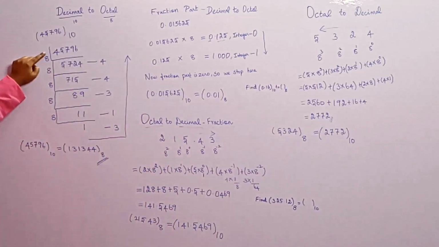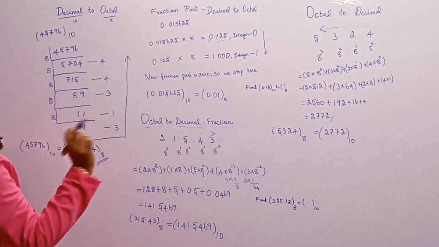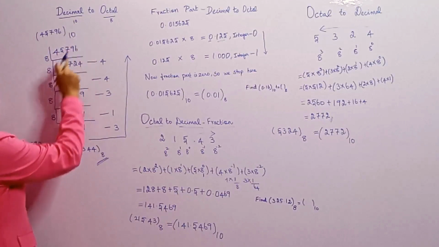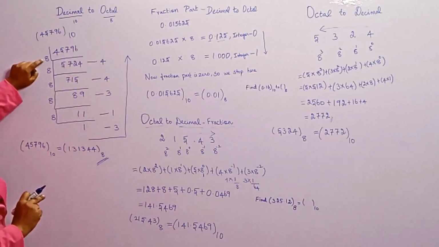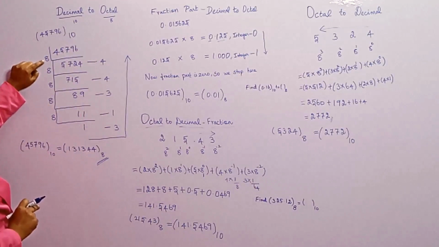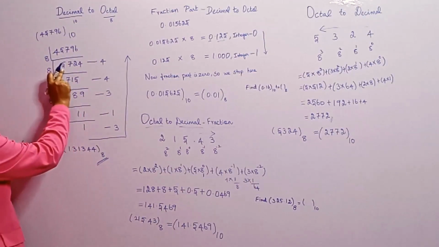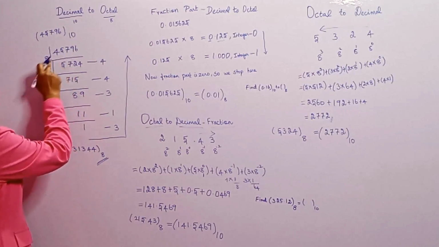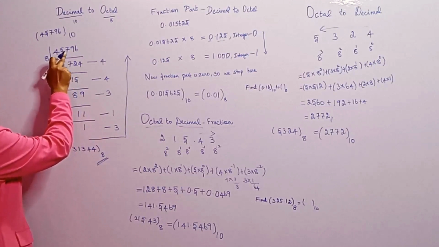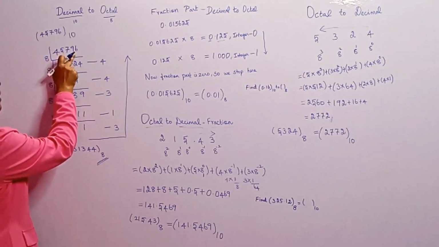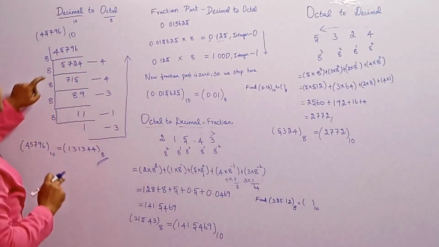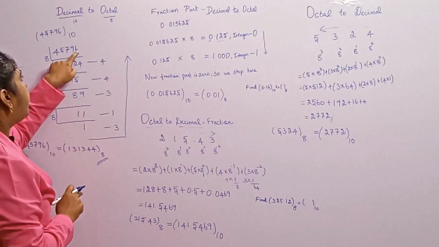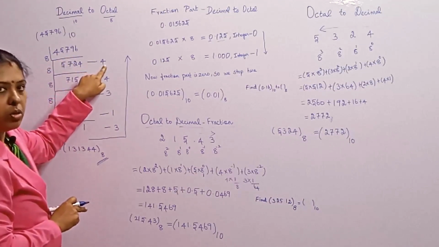So we continue till we reach the least number. Consider 45796 to the base 10, the decimal number, which we have to convert into octal. First we divide it by 8. 5 8s are 40, remainder 5, in 45. Then 57: 7 8s are 56, remainder 1. Then 19: 2 8s are 16, remainder 3. Then 36: 4 8s are 32, remainder 4. The remainder 4 is noted here.